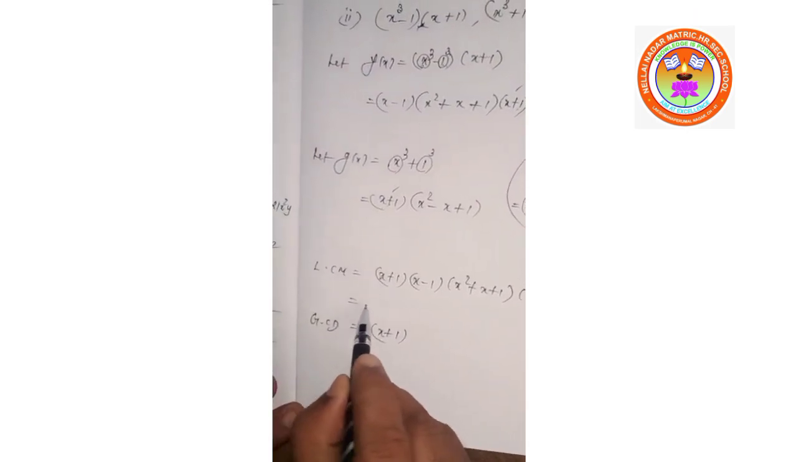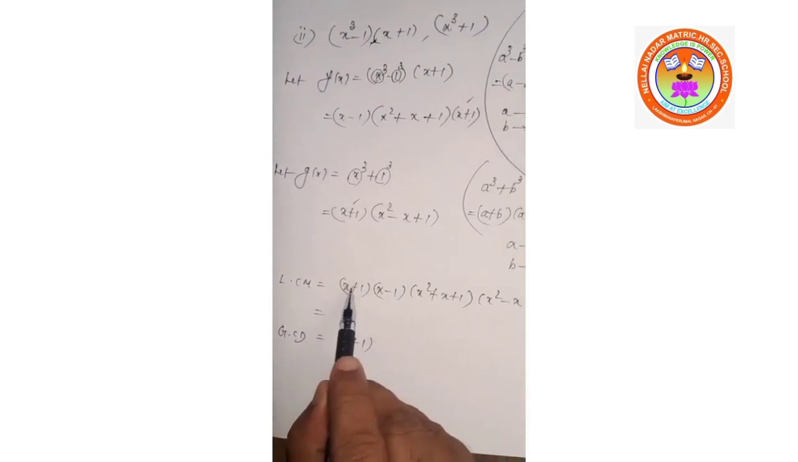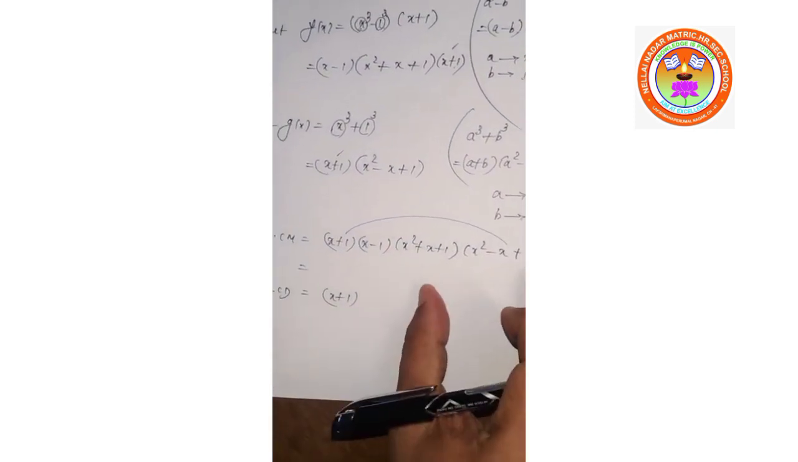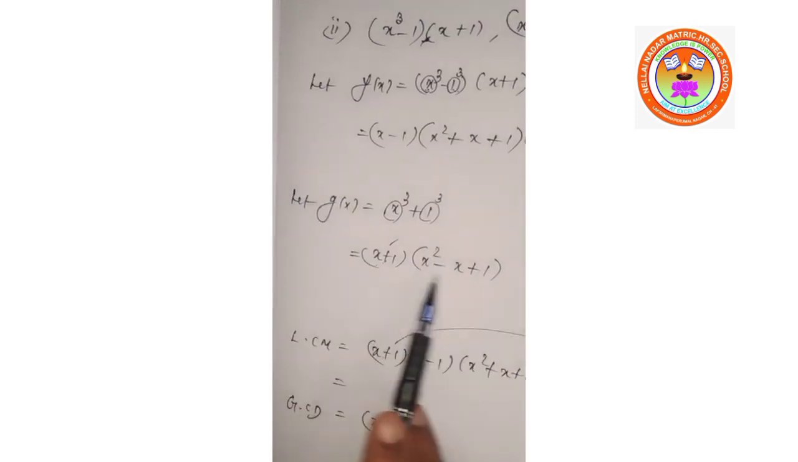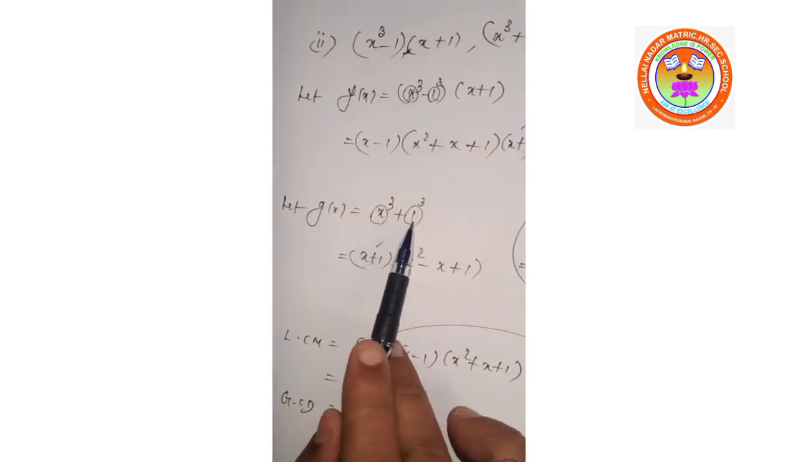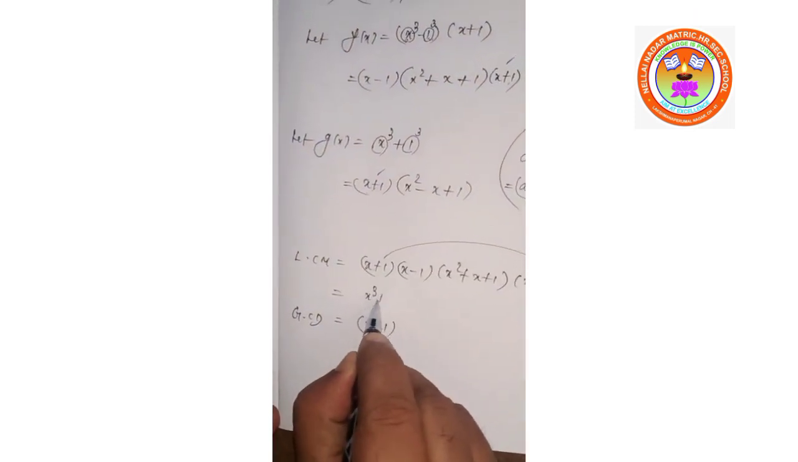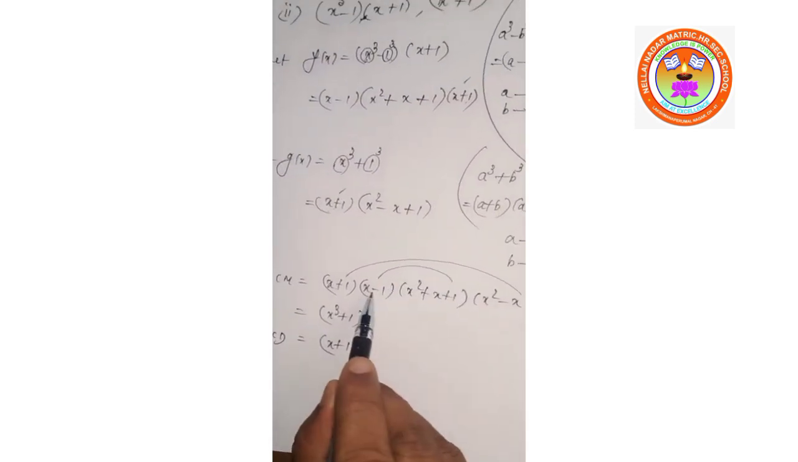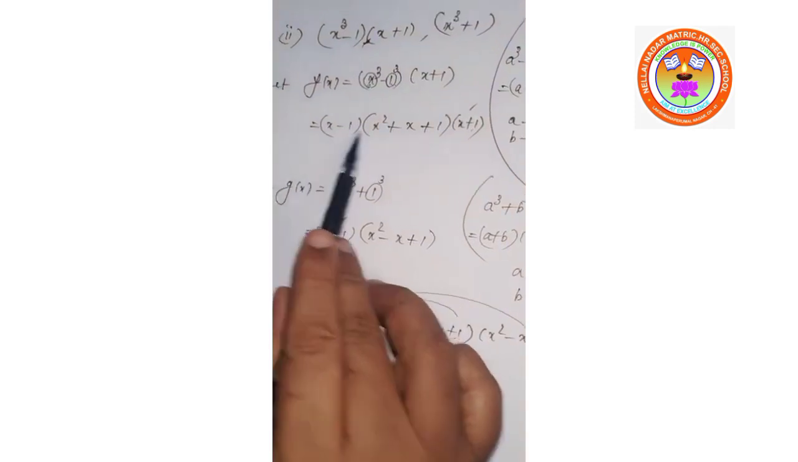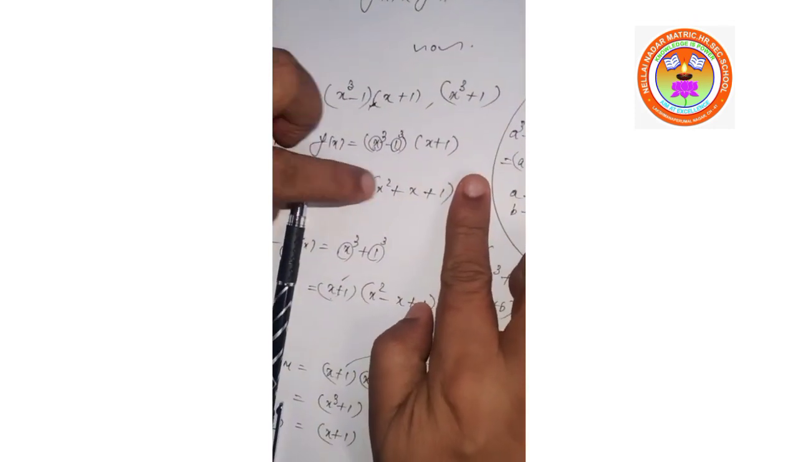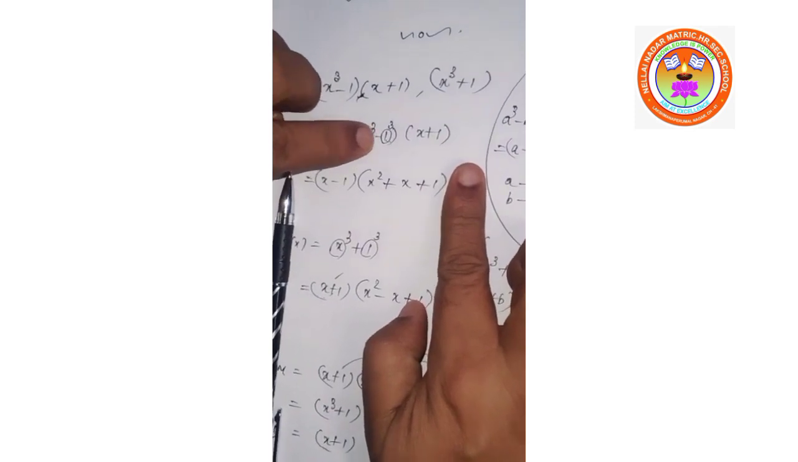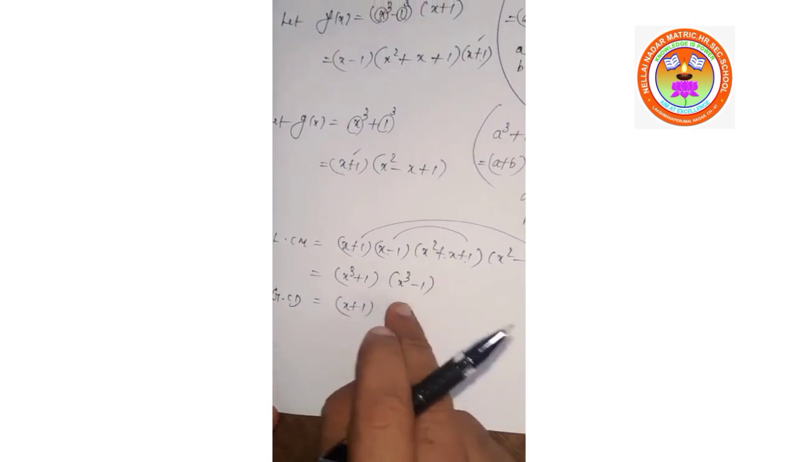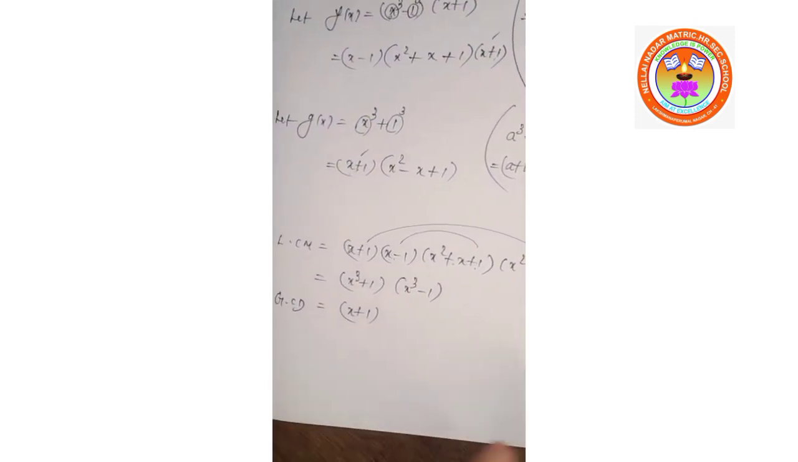For the LCM in particular we can simplify. See, x plus 1 and x squared minus x plus 1, these two together can be written as x cube plus 1 cube, and 1 cube is 1. These two, x minus 1 and x squared plus x plus 1, come from the expression x cube minus 1 cube, that is x cube minus 1. So LCM and